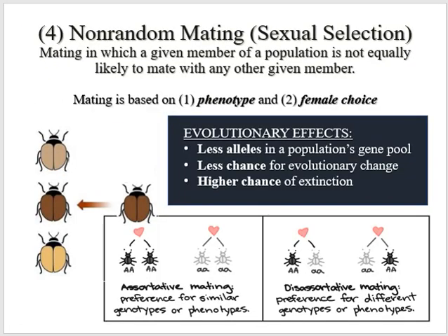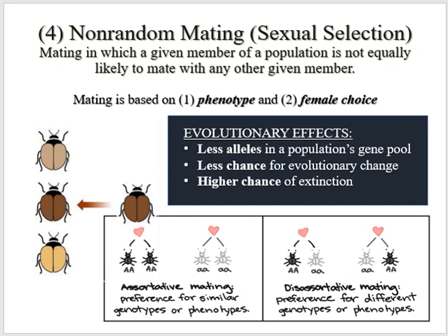The fourth driver, we'll call it, is non-random mating. And as I said previously, non-random mating is a type of sexual selection. Right? So when we look at a population and we look at their mating probabilities,